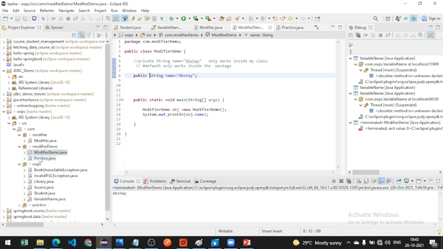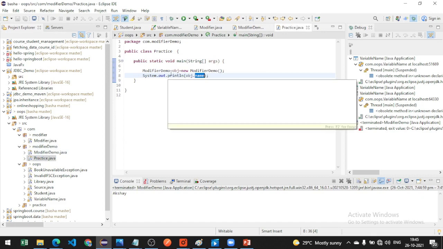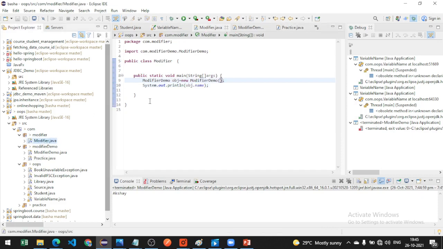I have another class inside the same package, practice. I create the object for my modifier demo and it doesn't show any error. I have another package with a class modifier, I create the object for my modifier demo, and it doesn't show any error.